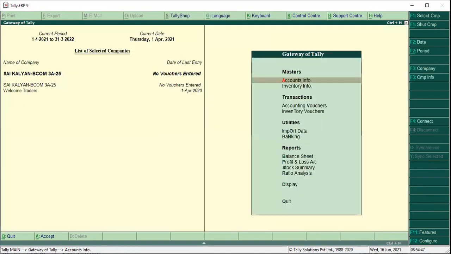Now create a stock item. You can create any stock item, headphones, any stock item. Or what we can create, you have to search what are the GST at the rate of 5%. What are the products that come under GST at the rate of 5%? If you search in Google